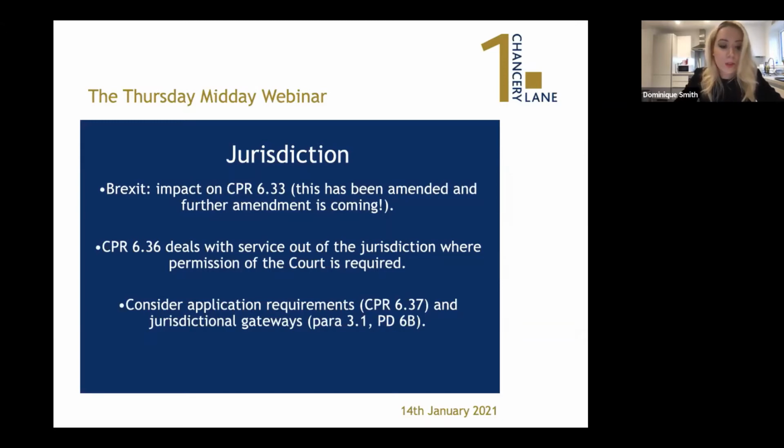But of course, when considering jurisdiction, what you need to do is demonstrate a jurisdictional gateway under paragraph 3.1 of Practice Direction 6B. Now, CPR 6.37 sets out what you have to show in these applications, and it says that you must show, emphasis added there, the jurisdictional gateway relied upon, paragraph 3.1 of Practice Direction 6B, that the claimant believes the claim has a reasonable prospect of success, and the defendant's address, or if it's not known, the place where the defendant is or is likely to be found. If you do know the address, you're going to have to pop that in there.